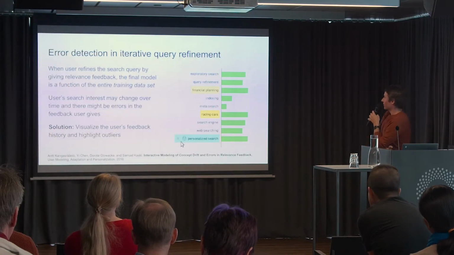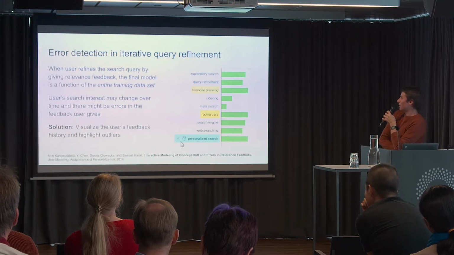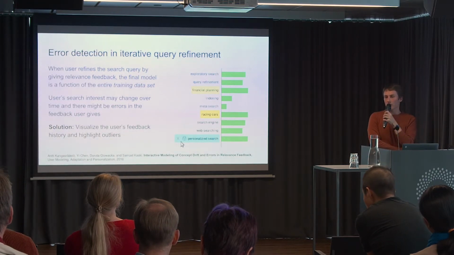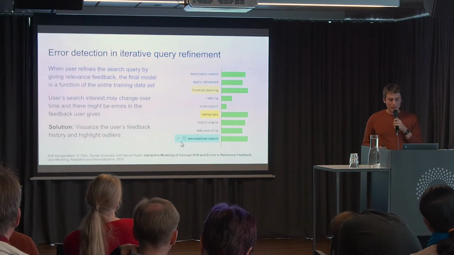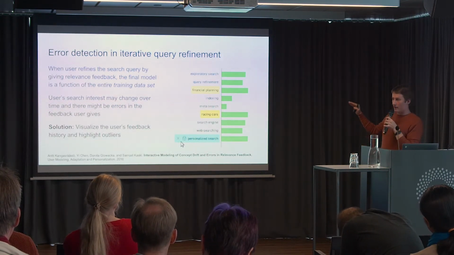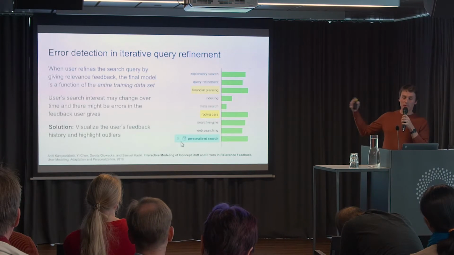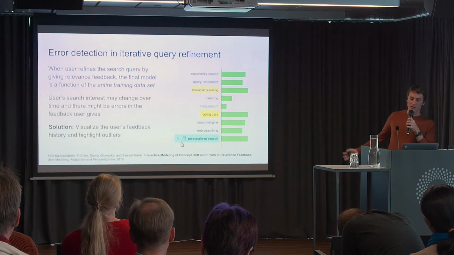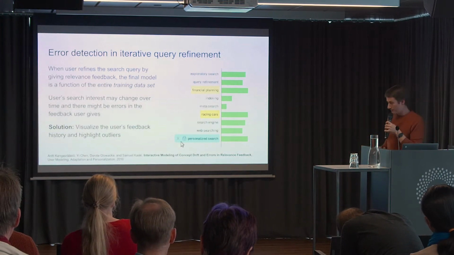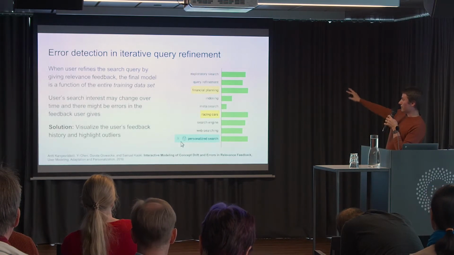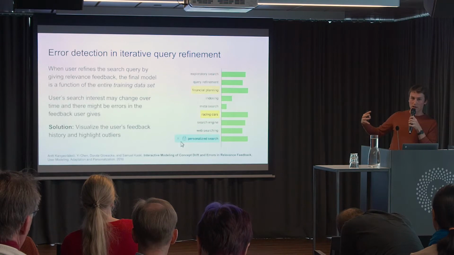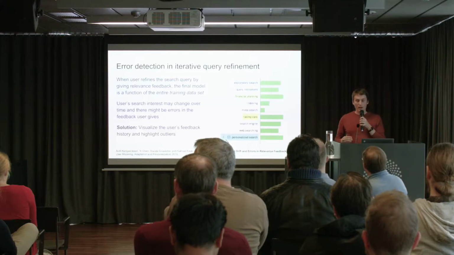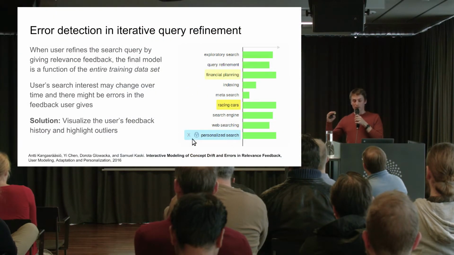But what we could do is evaluate all of the data we have from the user, fit a model to that, and estimate what part of the feedback that the user has given to us makes sense. We could also do this by visualizing the entire data set from the user, or at least the most relevant parts, and then highlight which part of the feedback doesn't actually